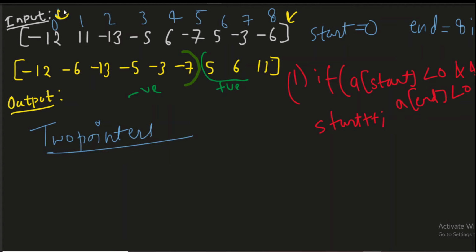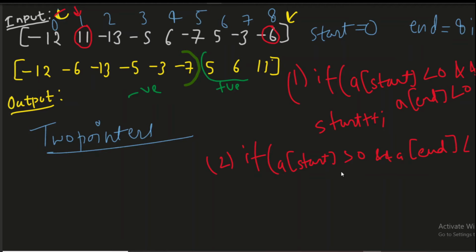Okay, so the start pointer will point towards this element and my end pointer is pointing towards the same element, which is the last element. Okay, now I will have another case. If my array at start is greater than 0, that means array at start is a positive number and array at end is a negative number. So that brings us to the second case, which is if array at start is greater than 0 and array at end is less than 0,